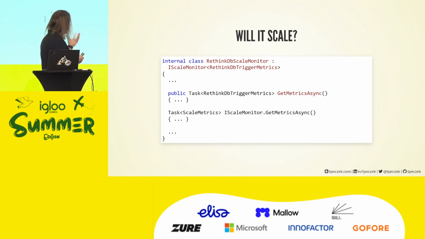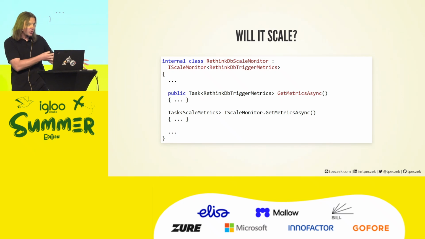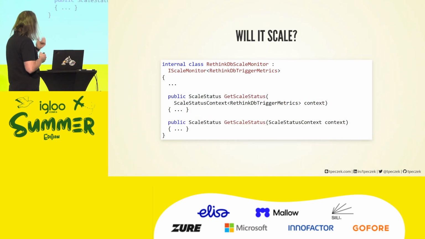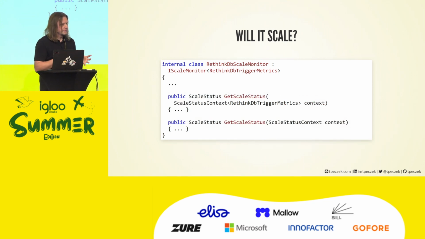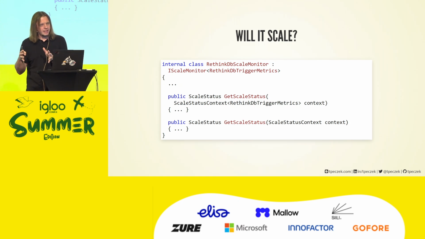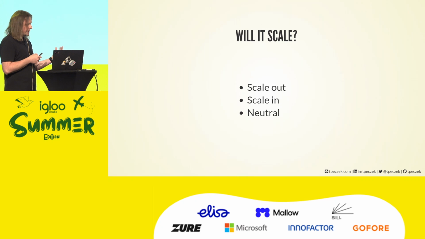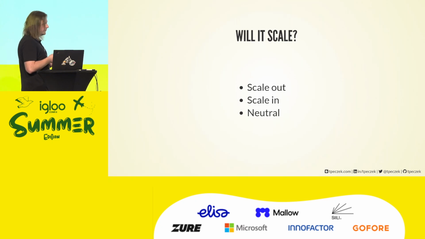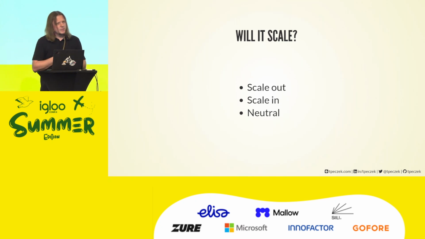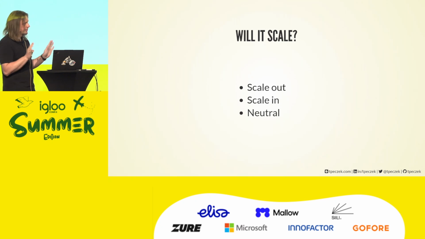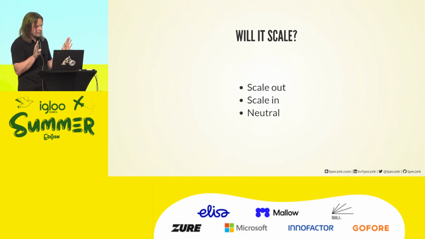That's the advantage, because the people who are writing the Cosmos DB extension, they knew Cosmos DB. Surprising stuff. And this will be needed, because once in a while, when a scale iteration comes, the scale monitor is being asked to vote. It's being fed back all the metrics it has gathered, provided to scale controller, and it's supposed to cast a vote. And the vote can be scale out, scale in, neutral. And what does the Cosmos DB extension do based on those metrics? Well, it looks at the sample. If the sample is small, it will say neutral. I don't know enough, I don't want to do any harm.